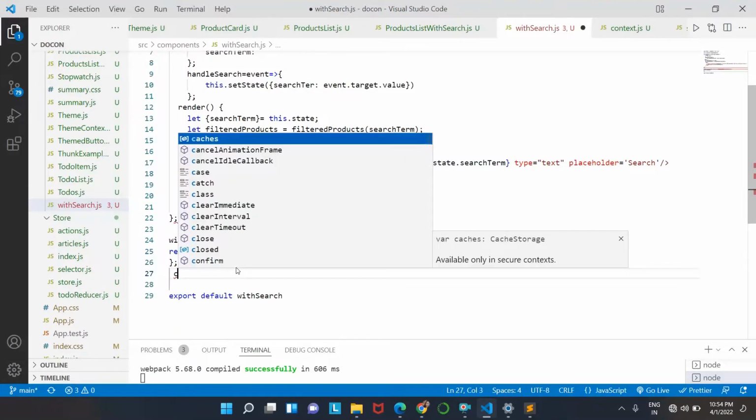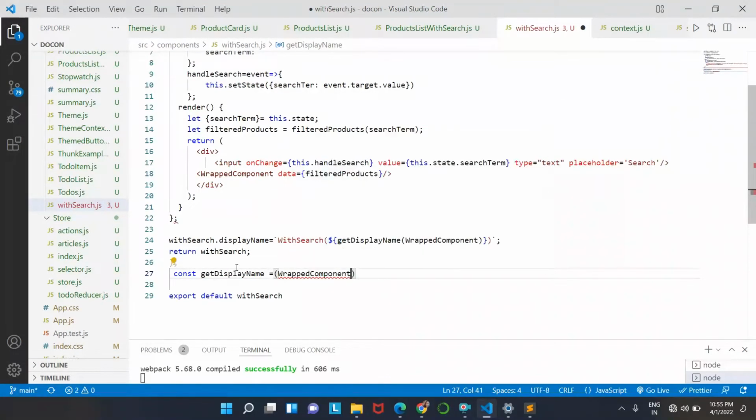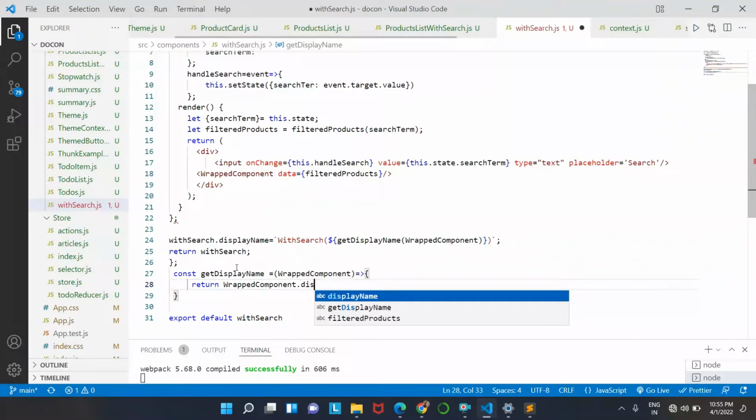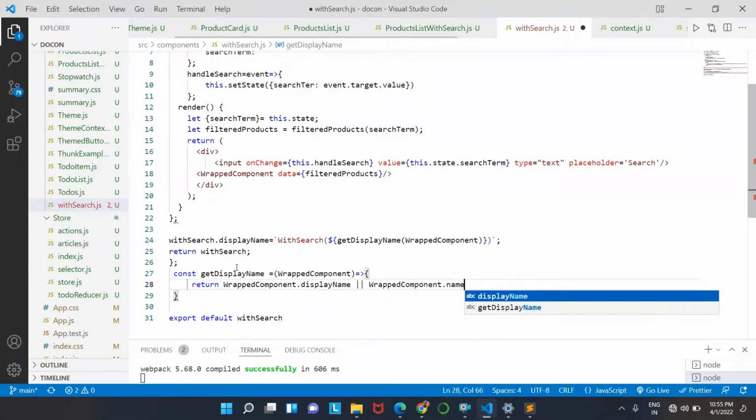Next, I will add a const getDisplayName. We will define that a wrappedComponent as the argument, and then we will return wrappedComponent.displayName, and we are going to check for the wrappedComponent.name, or, and we will check component